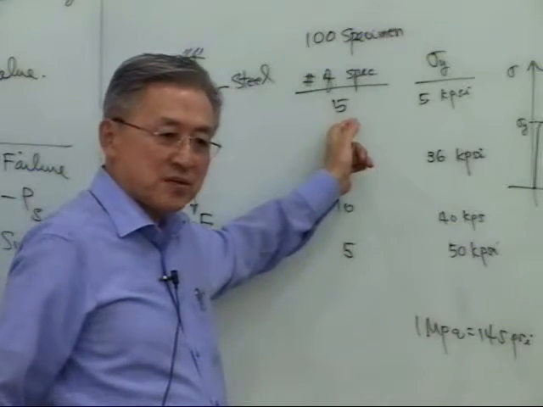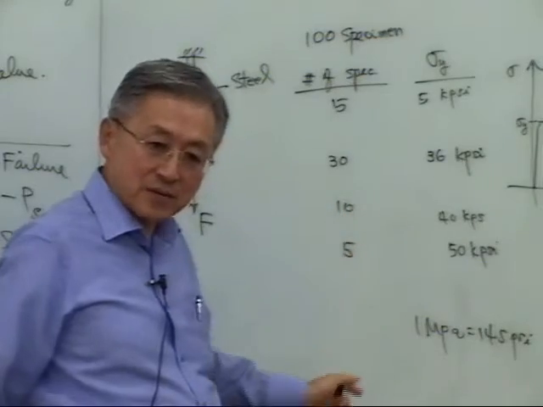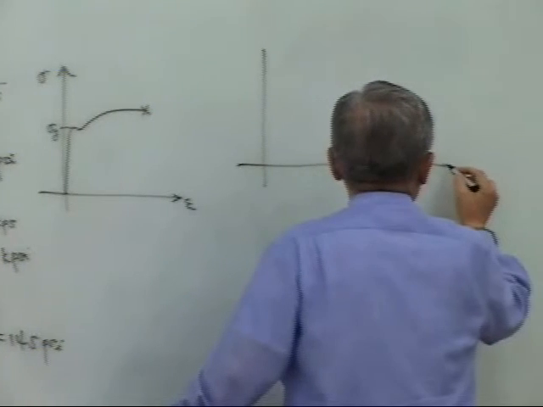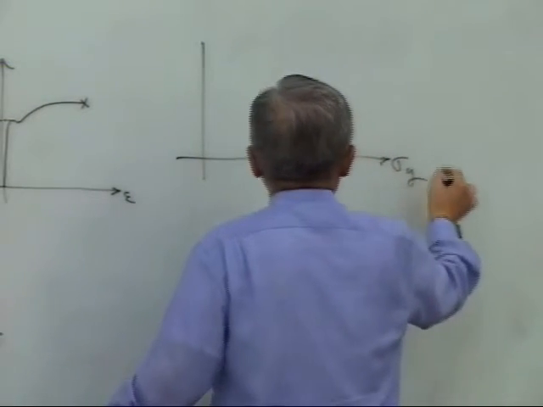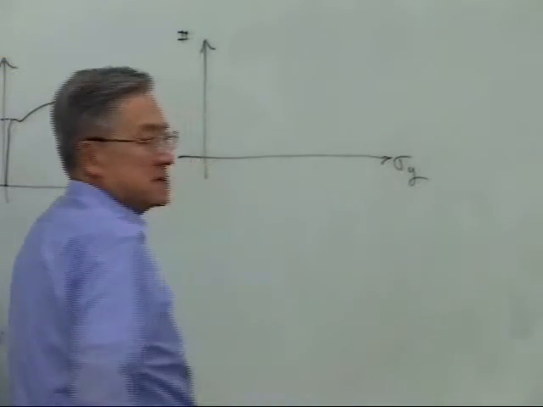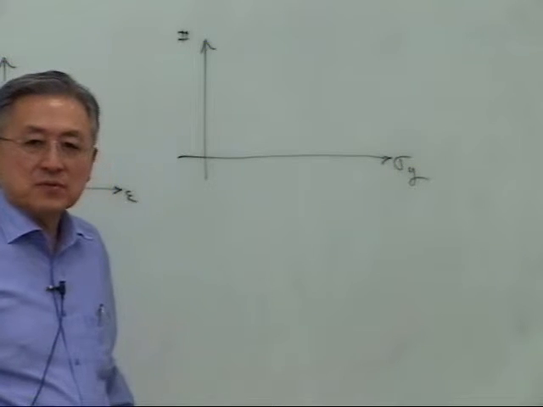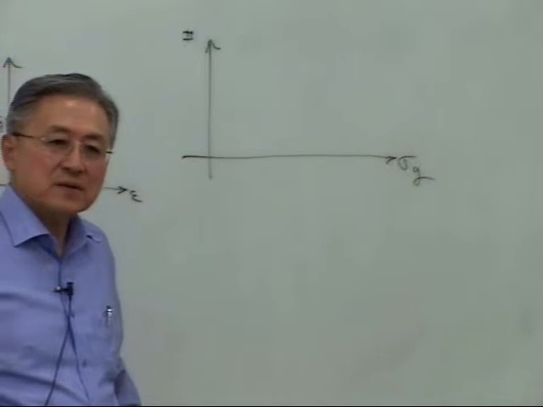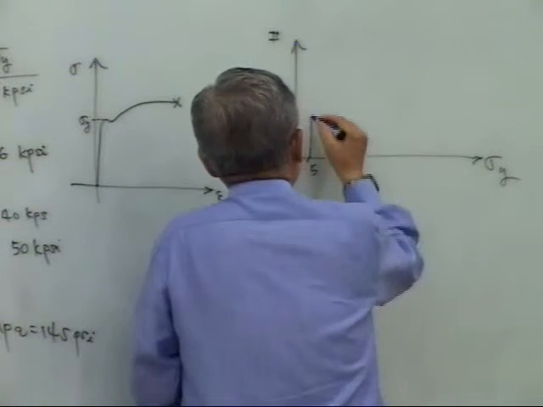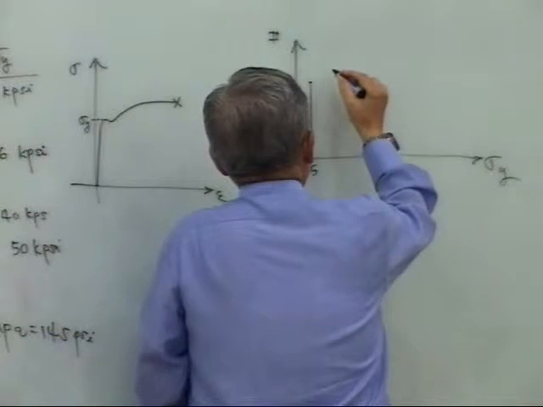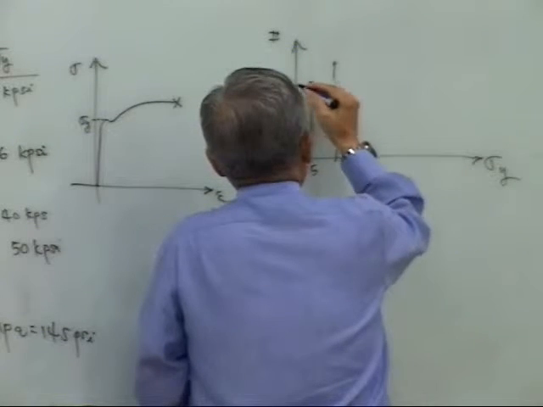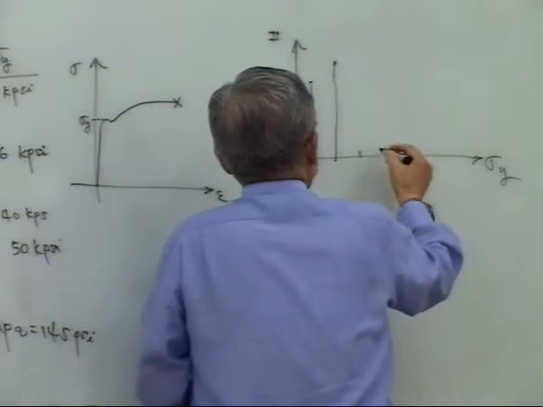Then you can, of course, make it 10, 15, 20, all that, right? Then you can build it like this. This is yield stress, and this is a number of specimens related to sigma y, yield stress. Then you can put, okay, so this is a 5. You can draw the point. This is a 10. You can draw another point. Then eventually 36